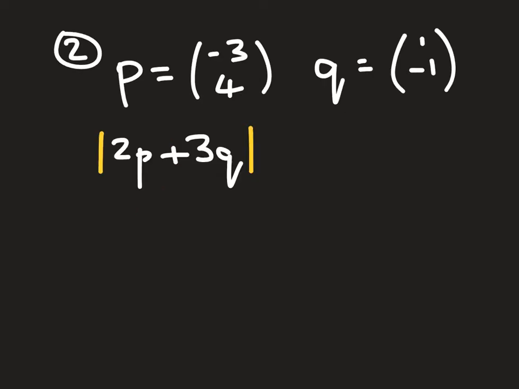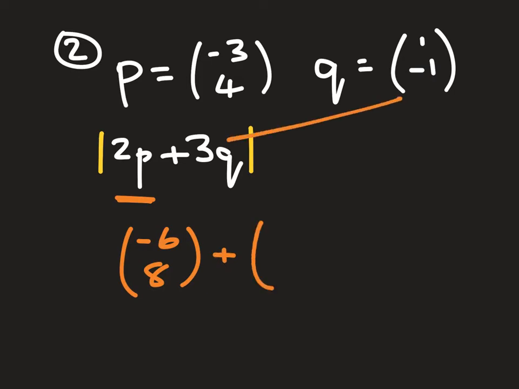Second question, similar type of question, but we've got to work out what 2p is, first of all. So double the -3, double the 4, then we're going to add on 3 lots of q, and that's going to give us the resultant vector, and then we're going to look at